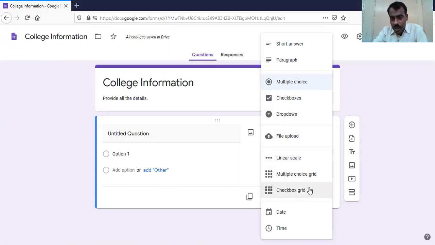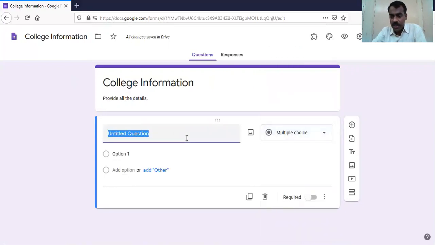Multiple choice grid and checkbox grid are questions of the matrix type, so there will be rows and columns. One can select accordingly. And then date, for example, date of appointment, date of registration, such things. One can put a date question here. Okay. Let's see one by one how we will use these questions.